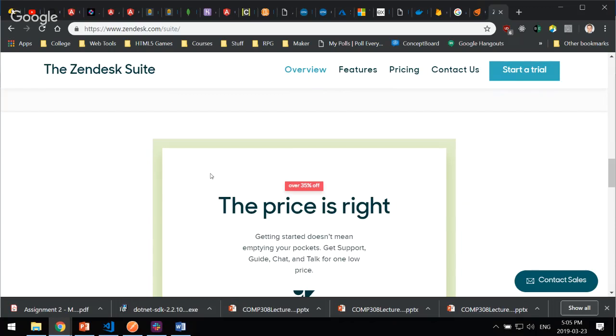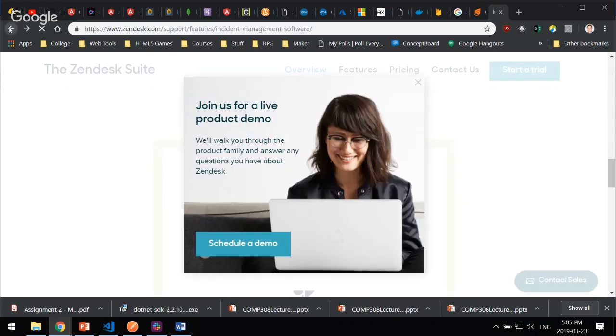I've fixed the problem, right? Then obviously you'd want the agent to call the customer and confirm everything is okay, and then you can remove the incident from the incident log. So you can do something like that too. I don't think Zendesk Suite does a really good job, but I remember